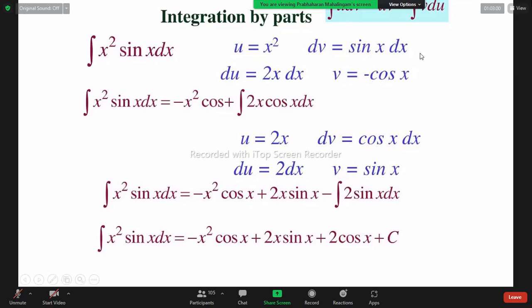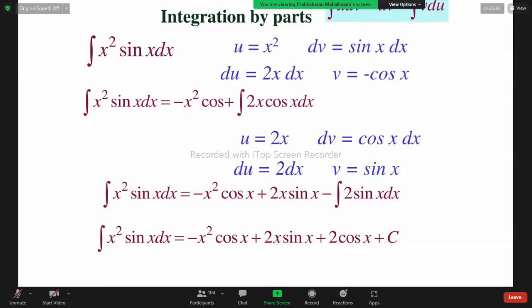The integration of sin x is minus cos x. Right? Don't forget these rules. Integration means differentiation, all the cos compound having minus. Here sin x having minus cos x. Right? How to check? If you differentiate the v function to dv, cos x is minus sin x, then minus sin x won't be there, but here positive is there. That is why we put minus in front of cos.